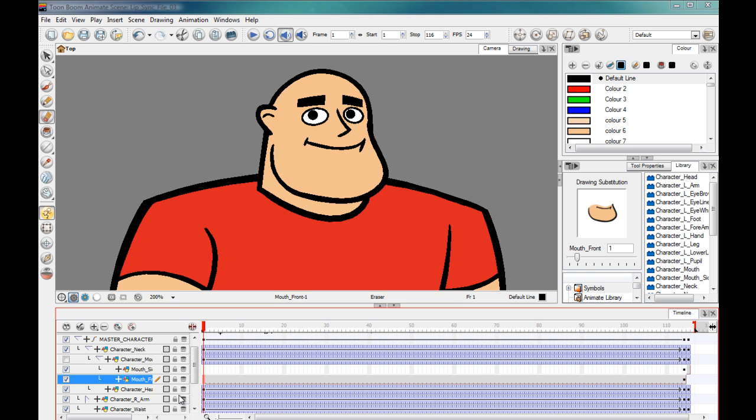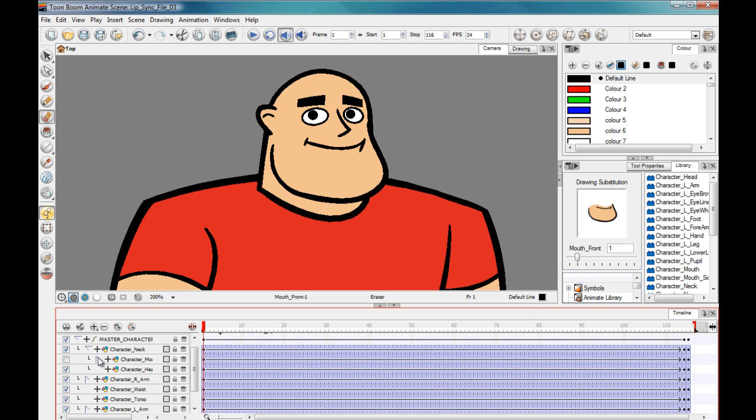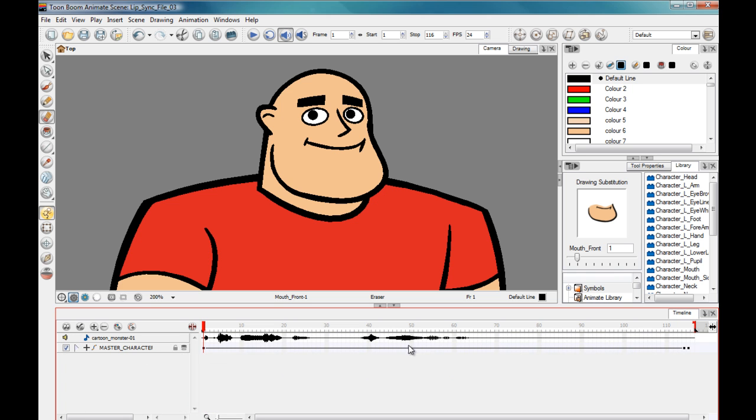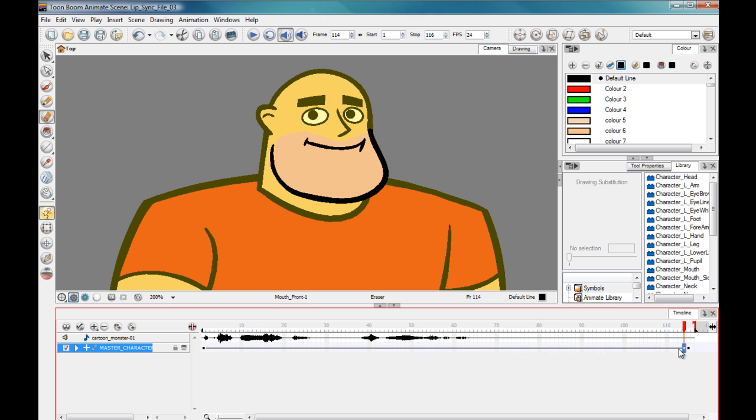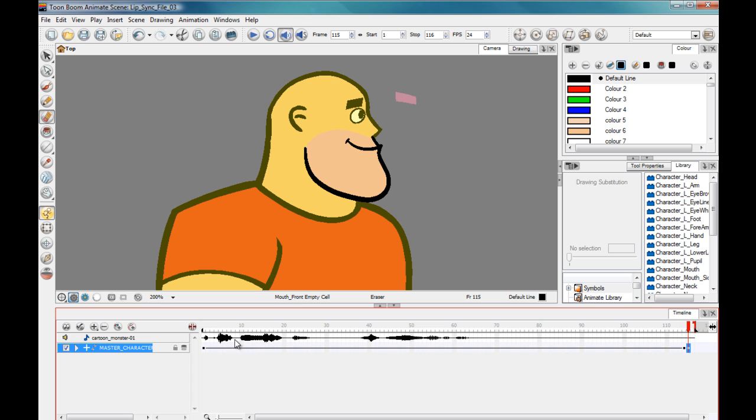So I think what we might do is, let's close this. So this is the end of the front view, this is the beginning of the side view. So what I think I might do is bring this to about here, so this empty space here, just before he speaks again, this is where we'll have him turn, so maybe he's turning to face someone else. So all we need to do is just grab those, bring it back to about here, let's go for about there. Okay, so now we've exposed the front view for this amount of time,